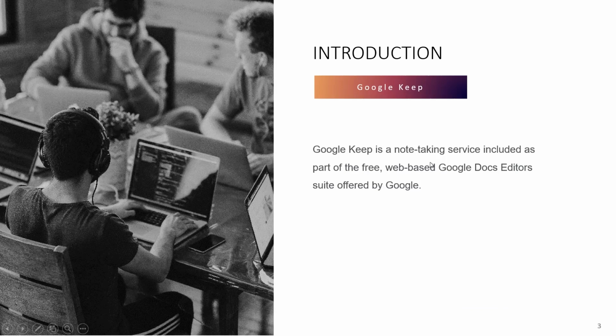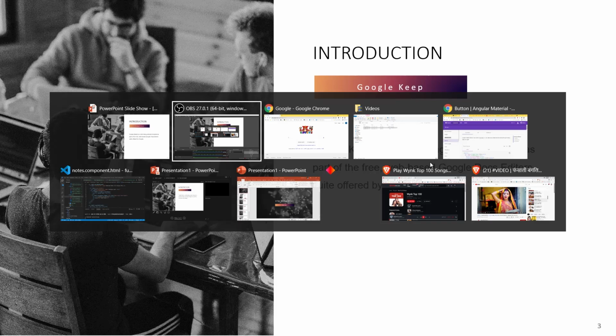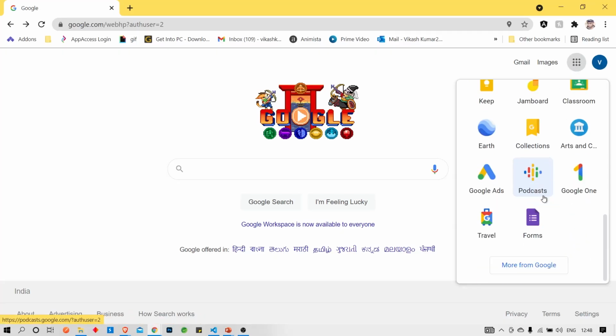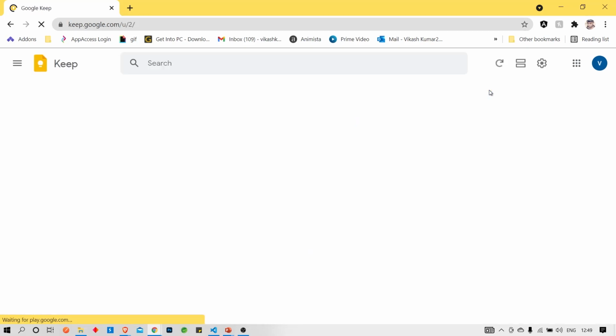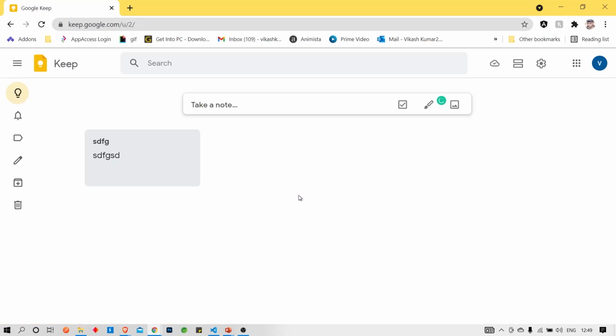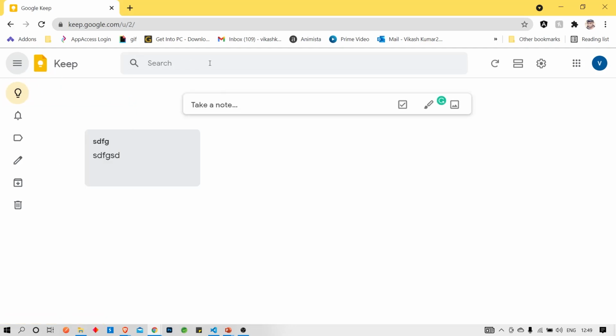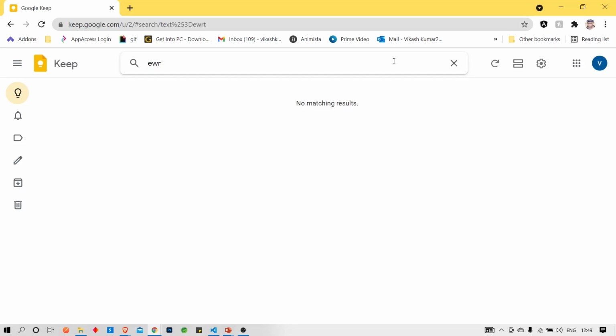So, introduction, like Google Keep. I think you may know about Google Keep, or some people may not know about it. So I will show you. If you open your Chrome browser and click on this button, here you will get Google Keep. So this is Google Keep, and we will try to make a clone of it. Here you can click. This is the search. If you try to search anything, then you will get the result.